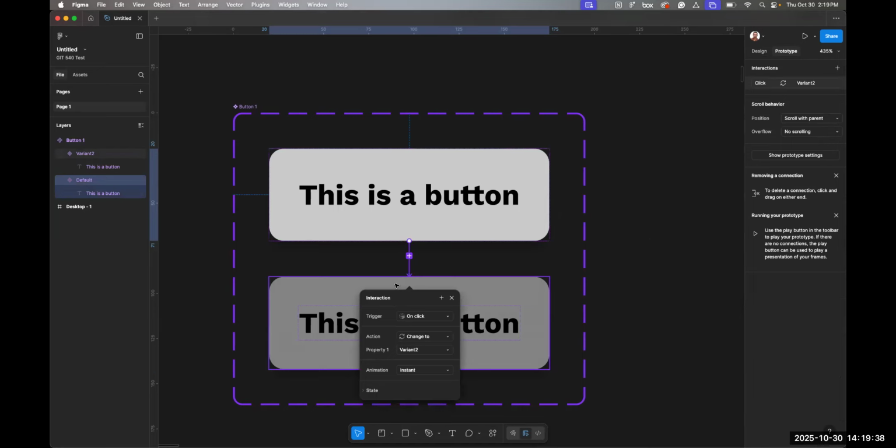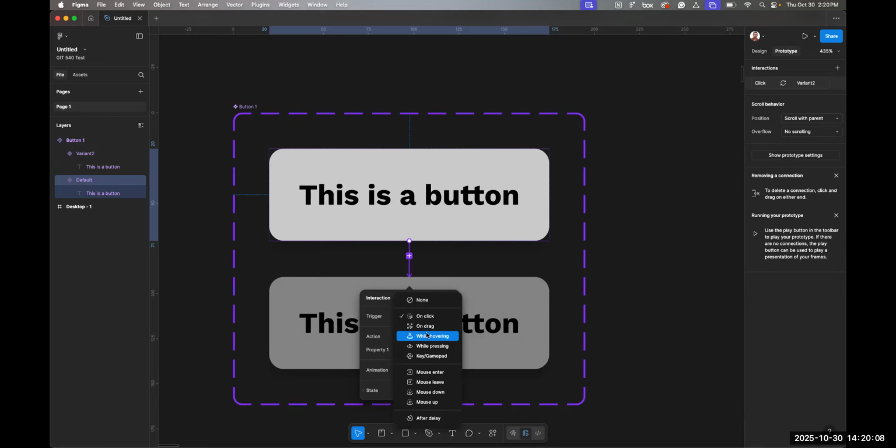You're going to get this interaction pop-up. Right now it's set to on-click. You would think that's what you want to happen, right? I click on it and then I let go. You've got to think about this. I will tell you guys, on-click is probably one of the least used interactions. There are uses for it, but you will probably not use this as much as some of these other ones. For example,